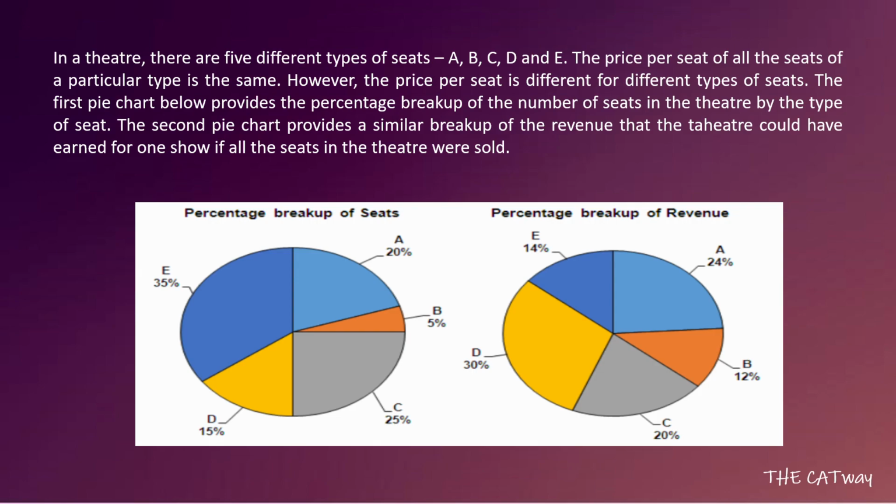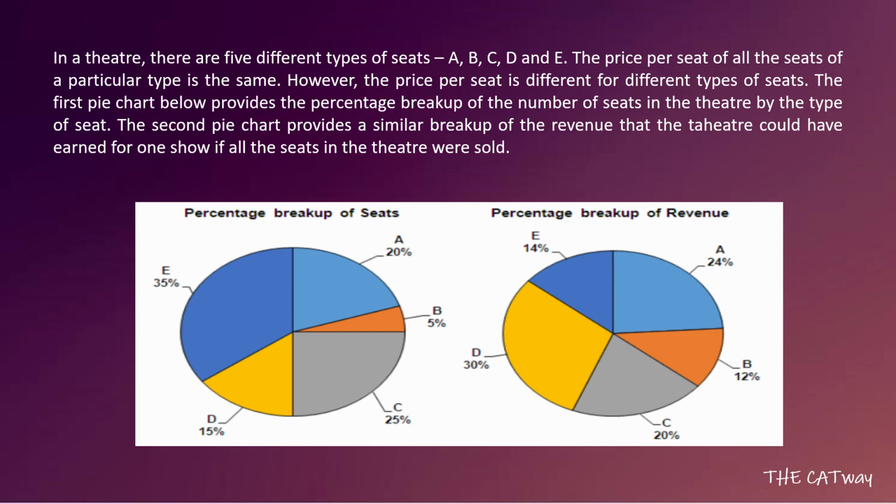That means the rate of type A seat is different from the rate of type B seat, different from the rate of type C seat. So all these are different types. Okay, the rate is different, but for a particular type, the rate is same. Acha, the first pie chart below provides the percentage breakup of number of seats in the theater by the type